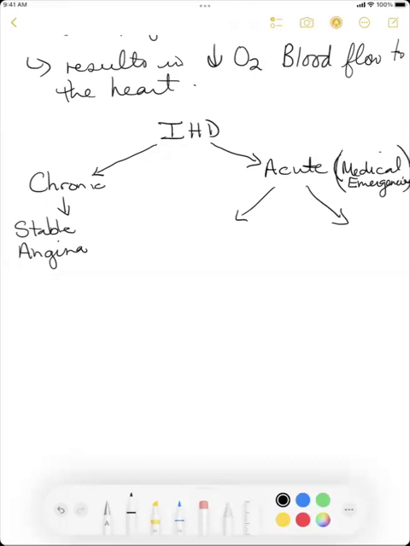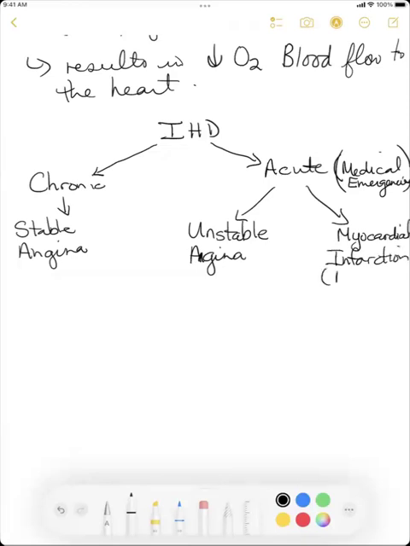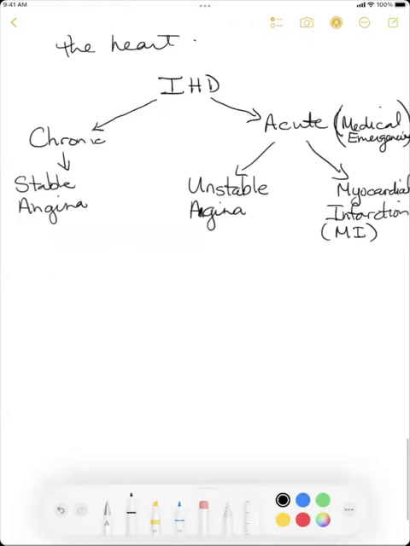If there's stable angina, there's a form that is known as unstable angina. And I'll tell you what that means. Angina. And then the second one is specifically when that heart muscle actually dies. And so the heart muscle dying from ischemia, we would call a myocardial, so heart muscle, infarction. Death of tissue as a result of ischemia is infarction. So this is sometimes just called an MI. We call this an MI all the time. We'll talk about all of these,